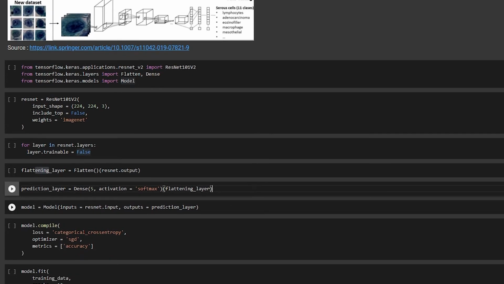Then I use something known as model. This model is going to take the input as my ResNet.input. This input is going to come directly into the picture from the training procedure. I'm going to append my data to it, and the output is going to be the prediction layer. So this prediction layer is this one. The entire ResNet is going to work over here, because we are just removing that 1000 classes.